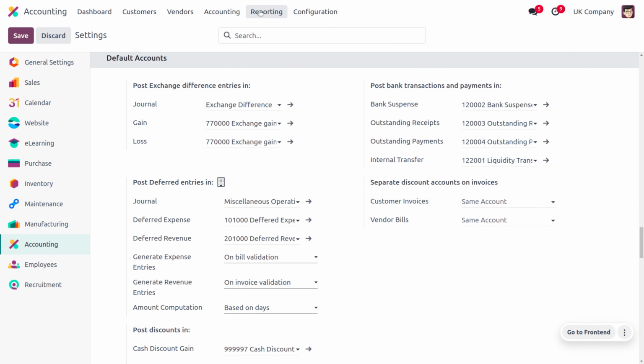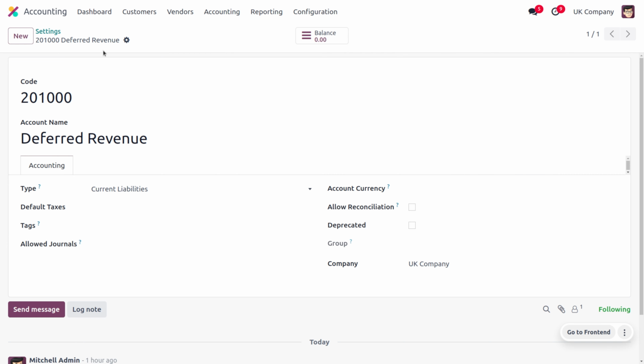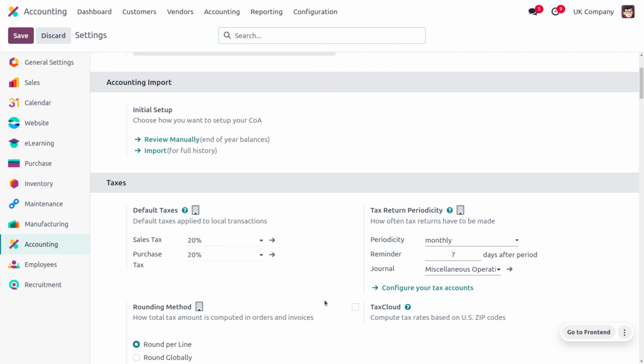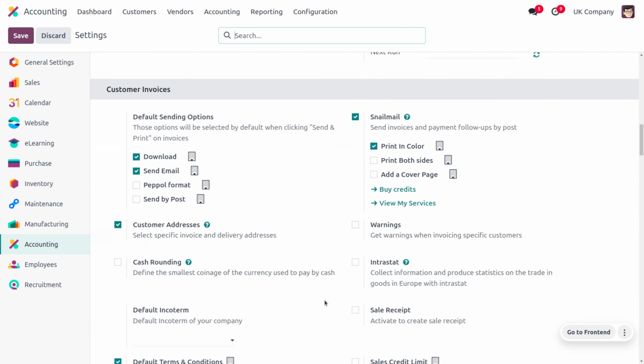So let's see how we can manage deferred revenue with an example in the Odoo 17 accounting module. To manage deferred revenue, first we need to set the default account to manage the deferred revenue. Here you can see that the deferred revenue account is set, and the type is set to current liabilities, because we cannot manage this in the profit and loss statement as we haven't provided the services or product completely.